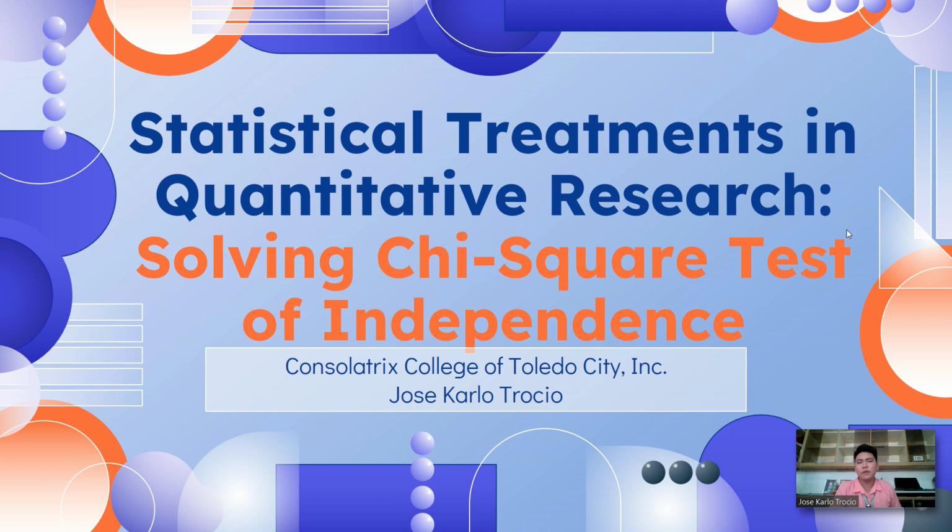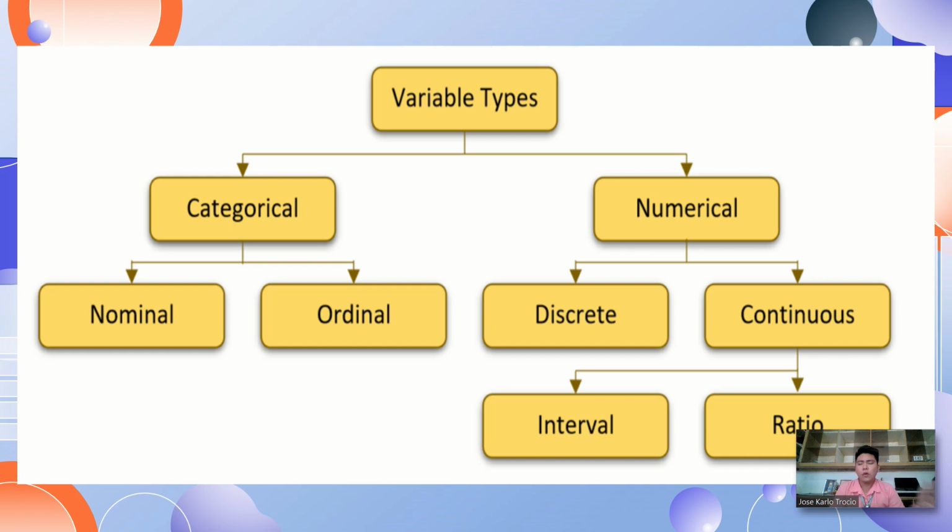Let us have a very quick review on the basic concepts of the types of variables so that we will be guided as to when we are going to use the chi-square test in our quantitative research. Okay, we know that there are two major types of variables, the categorical and numerical. Categorical has something to do with description of a thing or a person. For instance, the nominal. These are categories like gender, the age, the color of your skin, the different cities in Cebu, or the